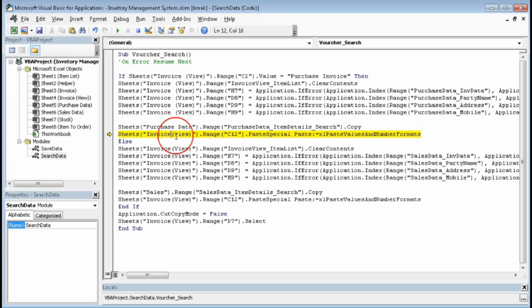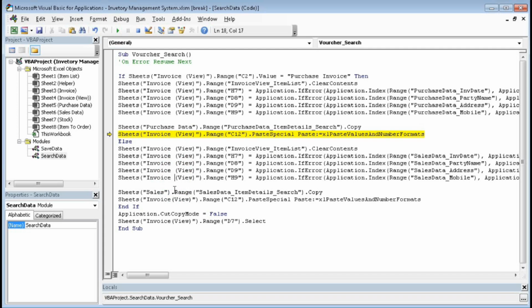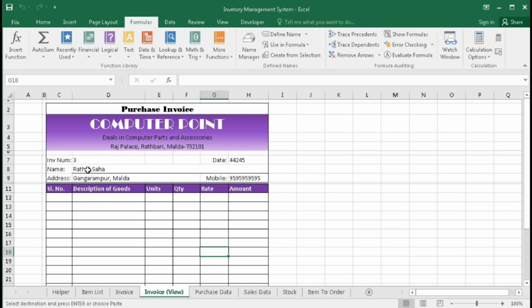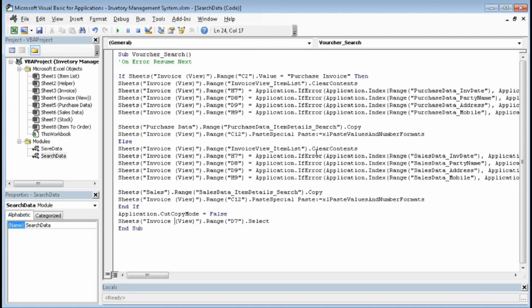Here also the same problem. Okay, now let's see here, these are copied, so again delete this one. Let us check whether it is working perfectly for purchase or not.